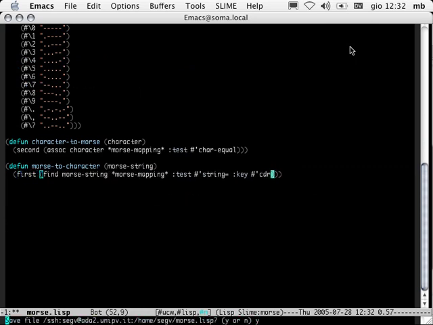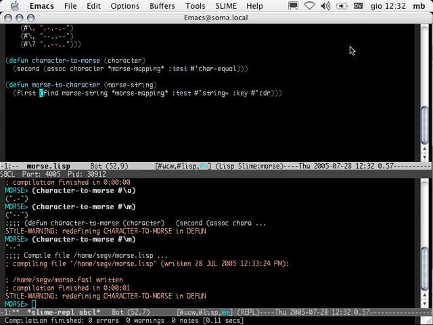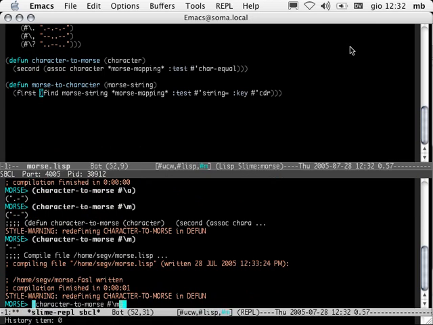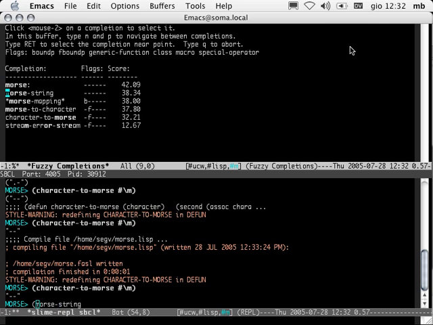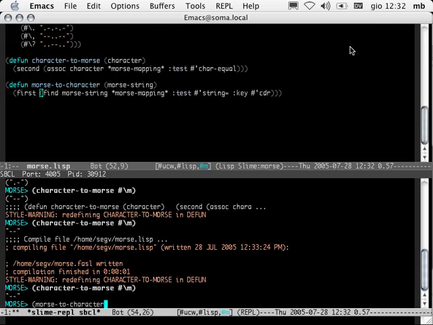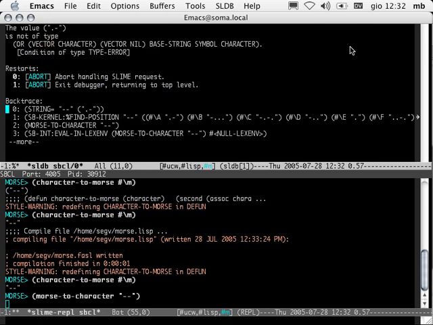Let's compile the whole file. Let's go back to our REPL. Let's test character-to-morse to make sure it still works. Now let's test morse-to-character. And let's pass it "--". The value "--" is not of type... Well,